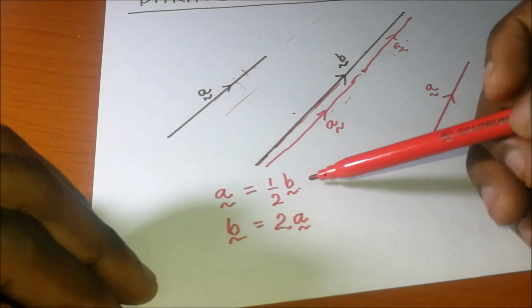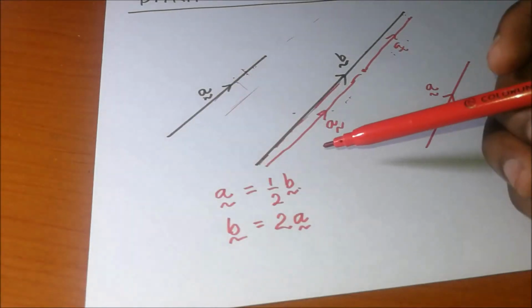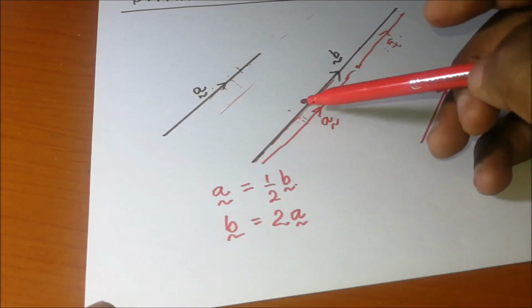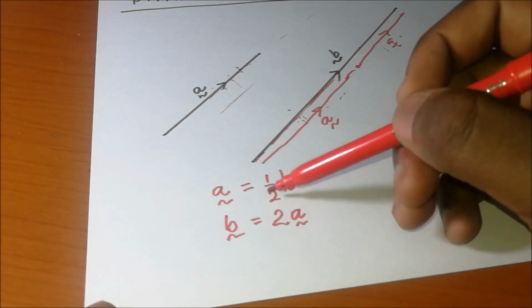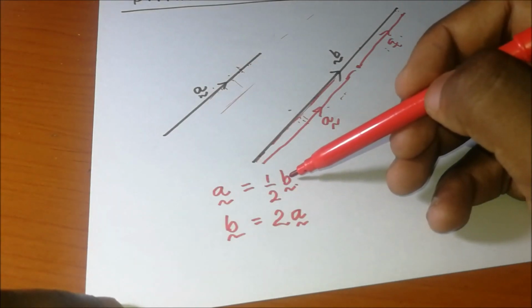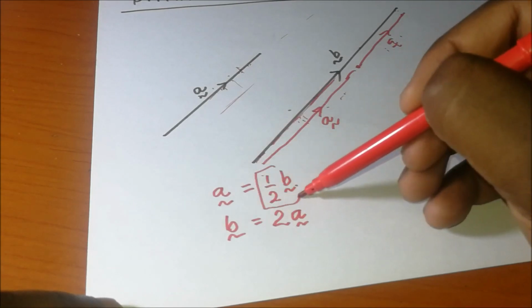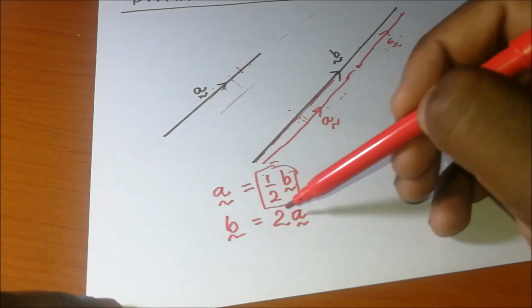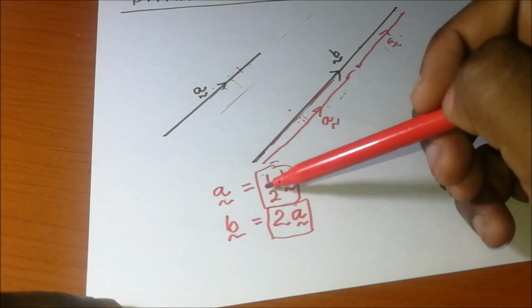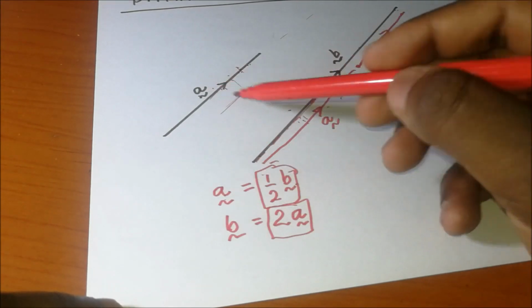What I'm trying to show you here is that as far as vectors are concerned, for me to be able to prove that these two lines are parallel, I'll have to express one of the vectors as a scalar product of another. This is a scalar product of this vector, and this is a scalar product of this vector. In other words, if I'm able to represent this vector as a scalar product of another, then it means those